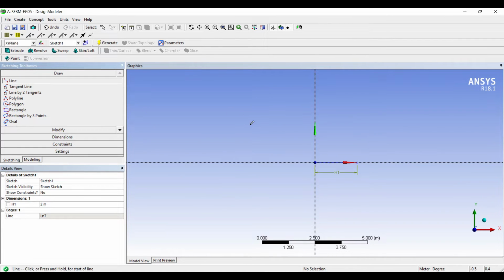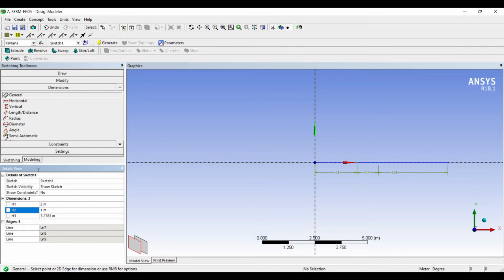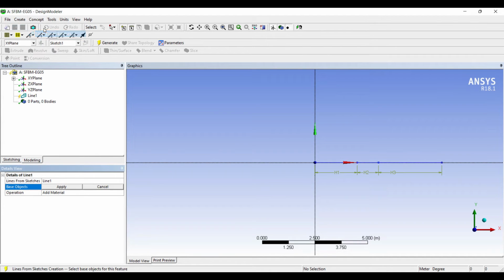Next, I'll complete the rest part of the beam. This is CD and DB. H2 is 1 meter and H3 is 3 meters. Next, I'll go to concept, lines from sketches. I'll select the sketch 1, apply, generate. Then I'll go to